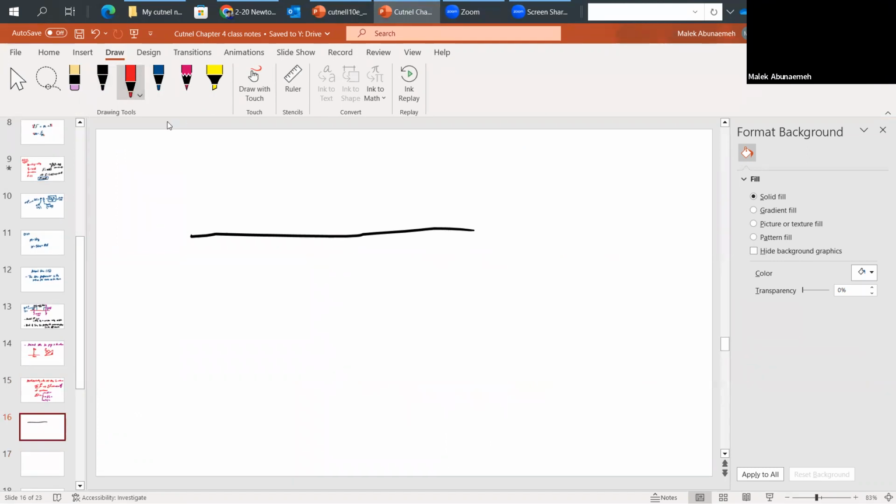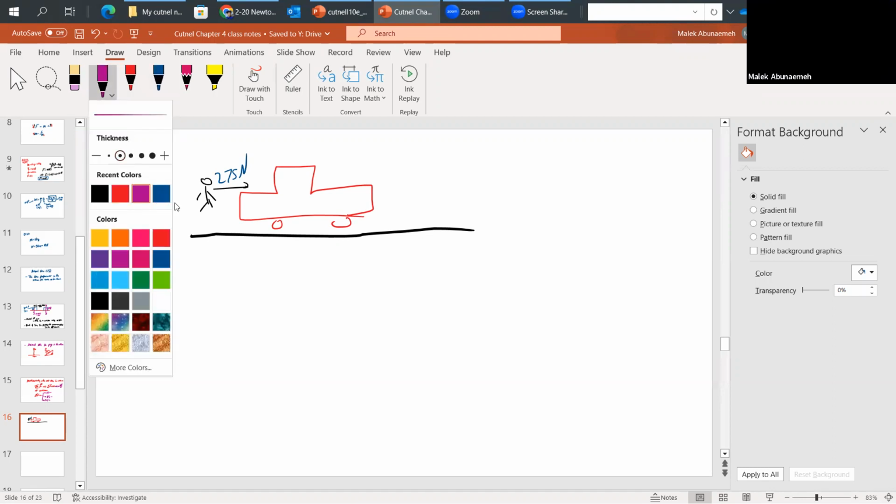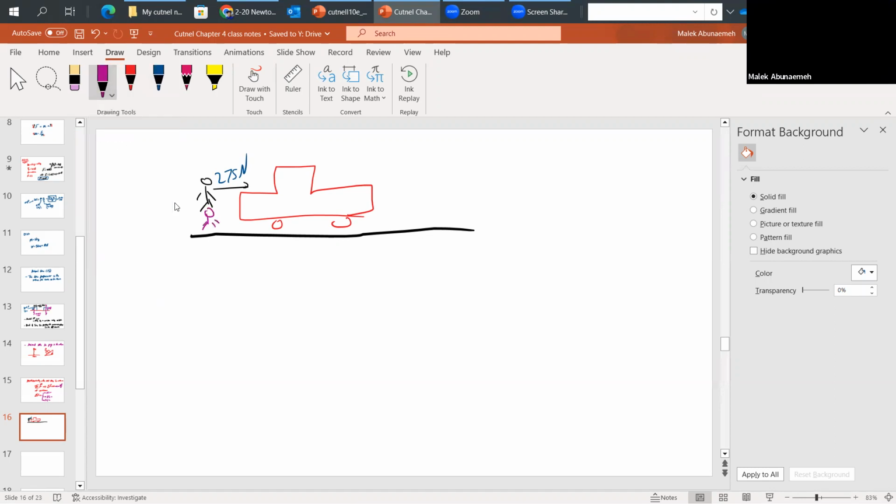So this is our little car over here, and this person is pushing at 275 newtons. And you got another person pushing the car at